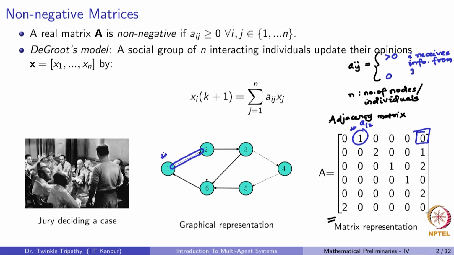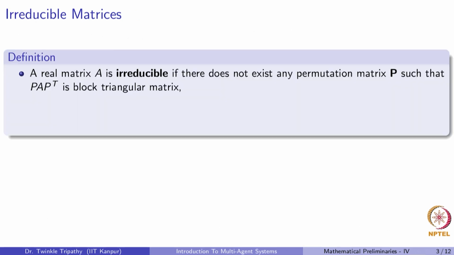Okay. So now, since non-negative matrices are something which will keep coming up in the course, we must learn how to analyze these matrices. And we have already seen that spectral analysis is a very important process which helps us study the emergent behaviors. But before we do that, we will focus on two very specific kinds of non-negative matrices. The first one being an irreducible matrix.